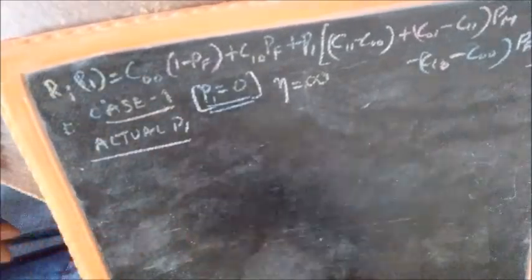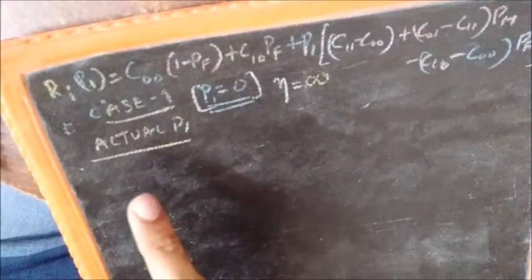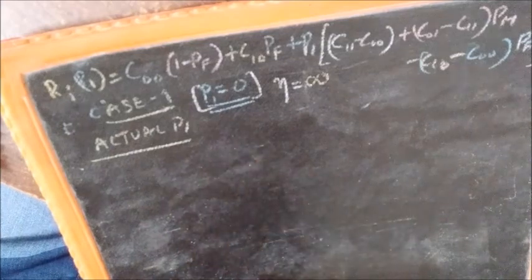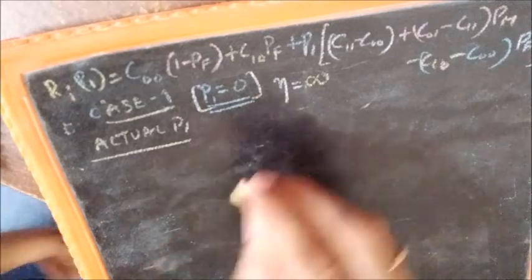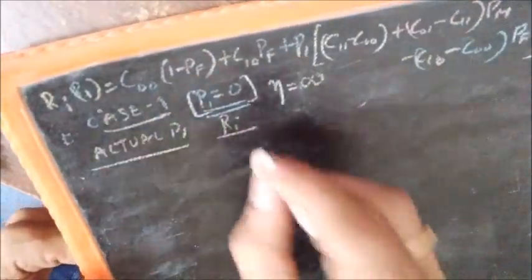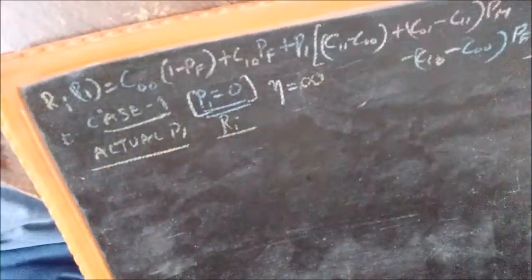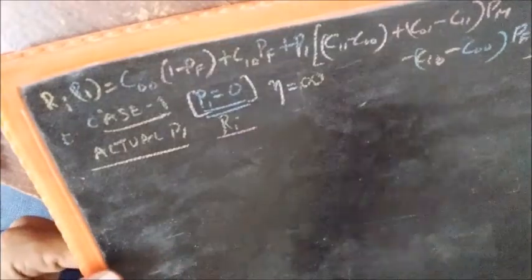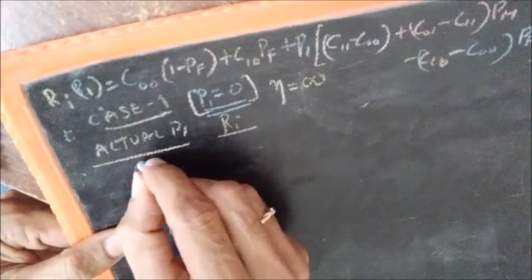Actual P1 can take various values ranging from 0 to 1. We don't know that. So we will list down the actual P1 from 0 to 1 and see what is the risk we are going to encounter. So I will write actual P1 and risk here. And remember, this is our assumed P1. We have assumed V1 to be like this, and we have set the threshold as infinity. And actual P1 can range from 0 to infinity. Sorry, 0 to 1.